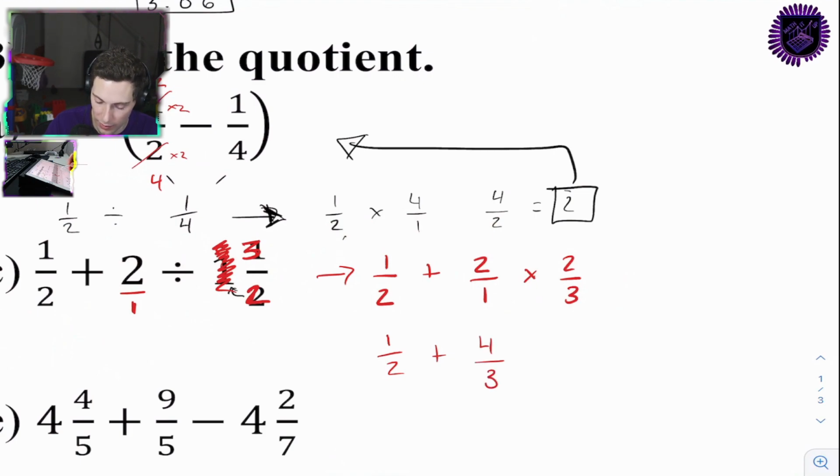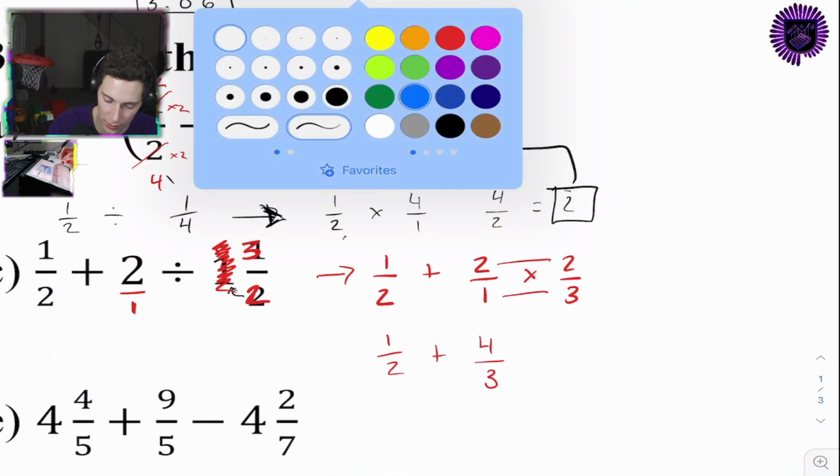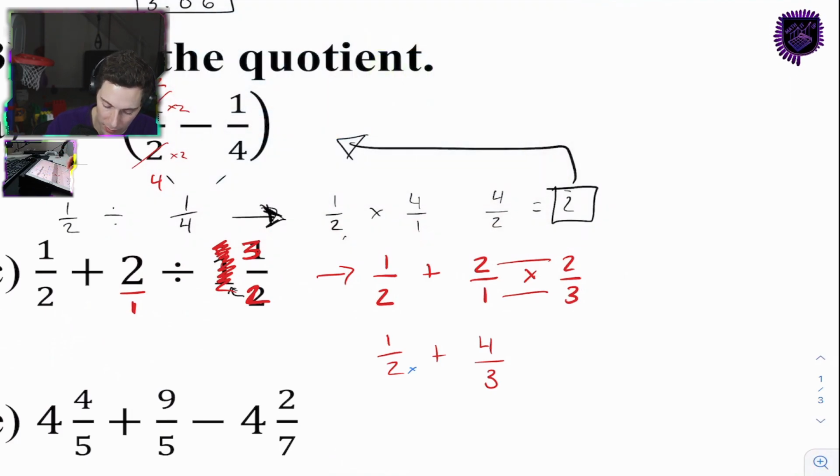And that has led me to this 4/3, which is going to be equal to, now I can concentrate on my adding here. This is going to be equal to, now, times 3 times 2 times 2 times 3. So this is equal to